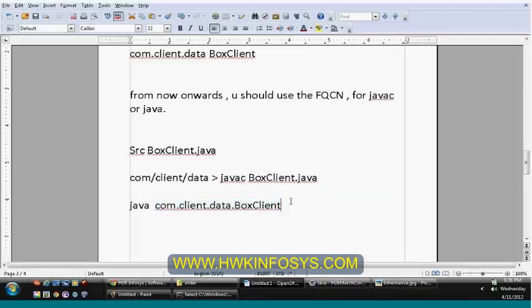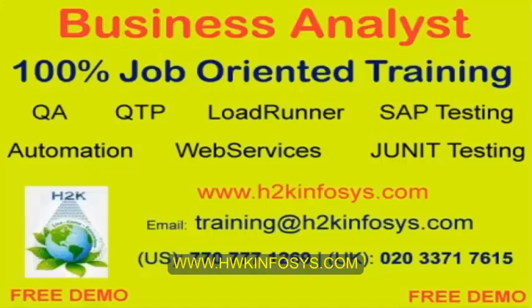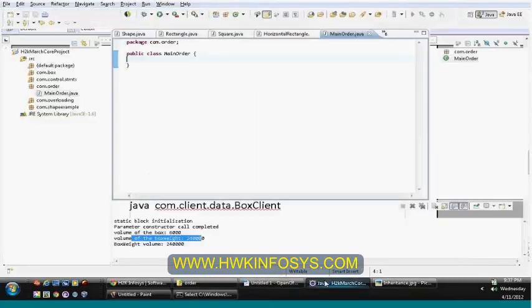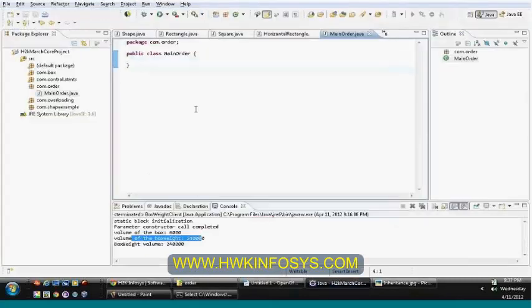That is the reason you are not supposed to use the .class at the end. When you use .class at the end, Java will think that until this point is the package structure and this is the class name. That's how Java will assume. That is the reason you're not supposed to put another dot and then class at the end of the execution file. With respect to Eclipse, you won't find any differences. But when you execute with the command prompt, you'll face a lot of issues.